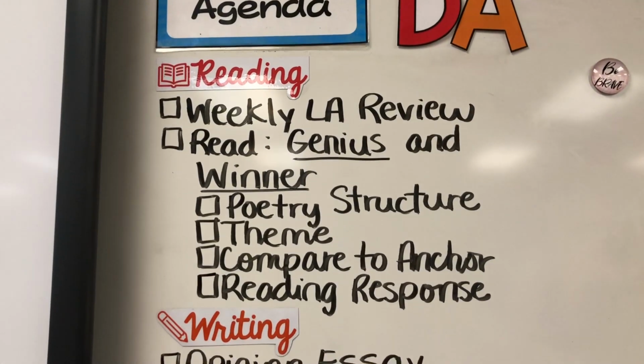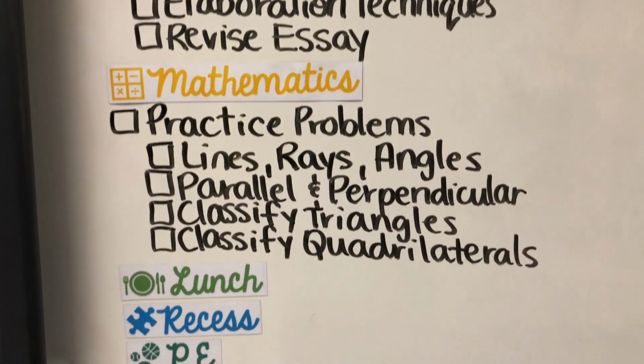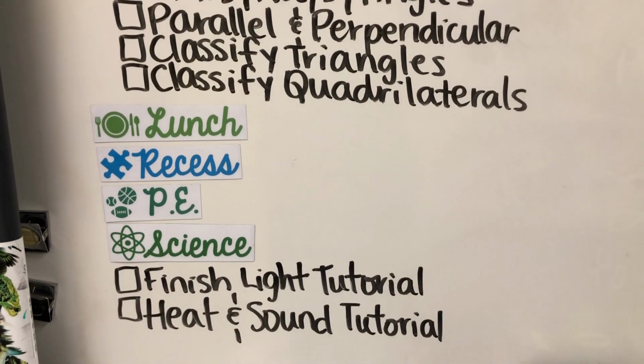At the end of the day, I'll come back to you and bring you some of the highlights from some of these lessons. Here are all the things that I have planned for today. And this is how we're going to end the day with some science, continuing our tutorials. And again, I'll let you know how all that agenda goes. Right now, I'm going to finish getting ready for the day and pick up my students so we can start